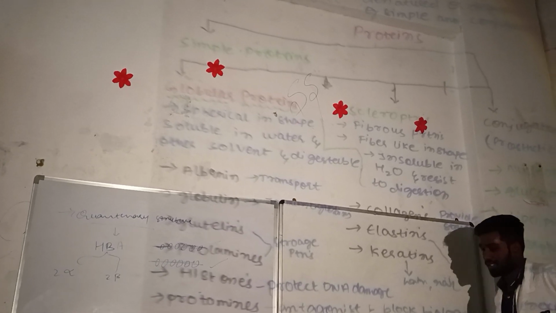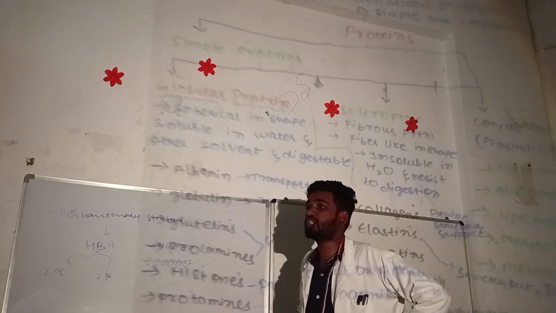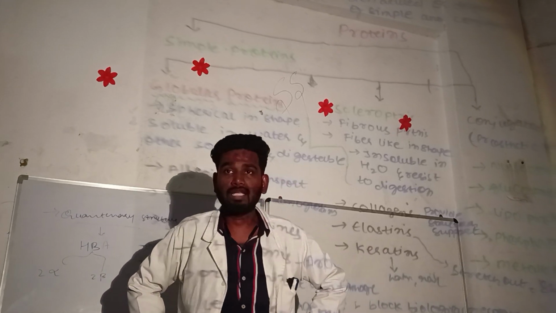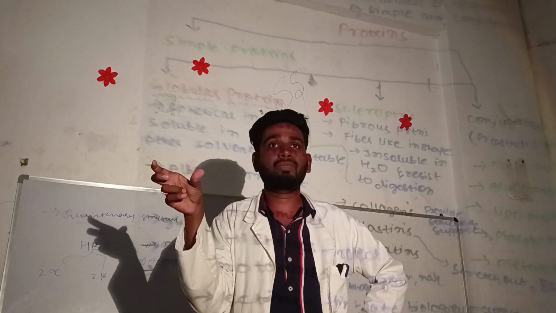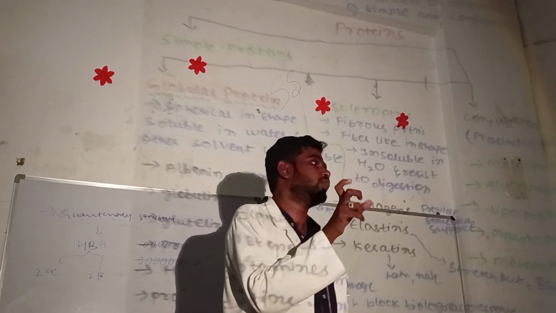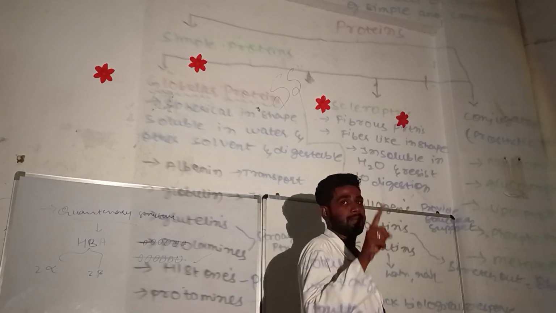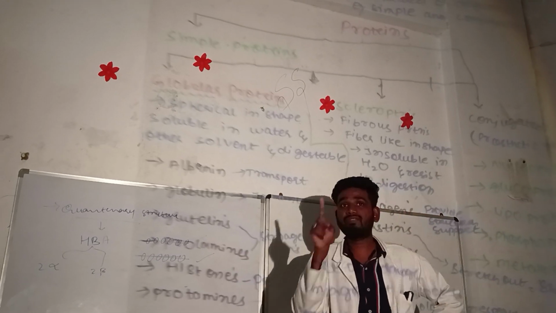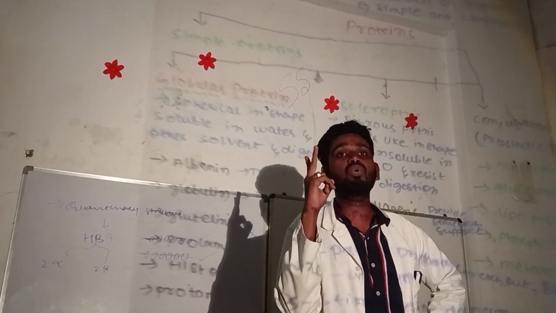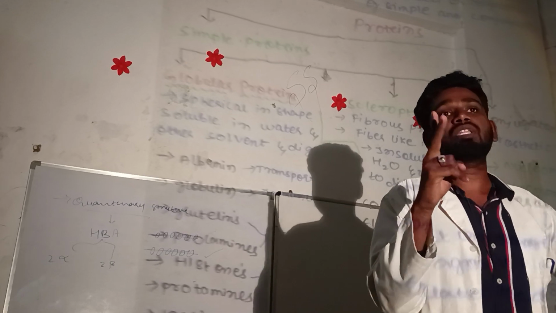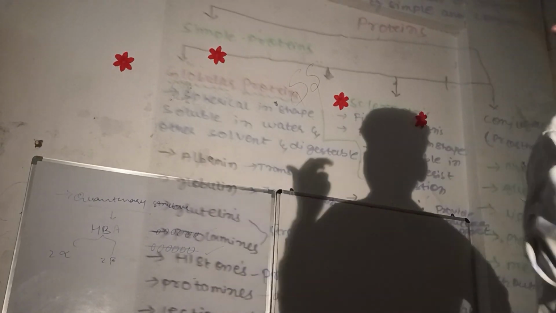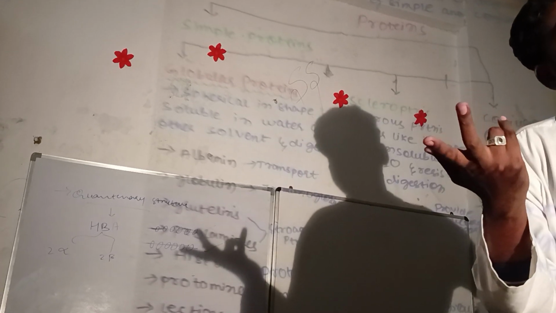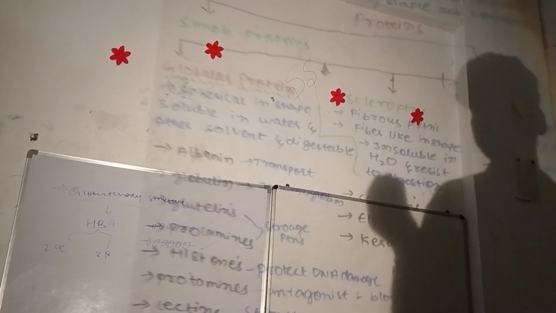Depending on the nature, depending on the size, depending on the chemical solubility, you have dividing that thing into simple protein, which can be divided into two, that is globular protein and scleroprotein. Why are you saying that thing as globular? Because they are spherical in shape. If you look at the structure of it, it will be spherical in shape. Point 2, we are classifying the protein based on the chemical nature and solubility too. So it is water soluble, as well as other solvents can also dissolve these kinds of protein, and it is easily digestible.